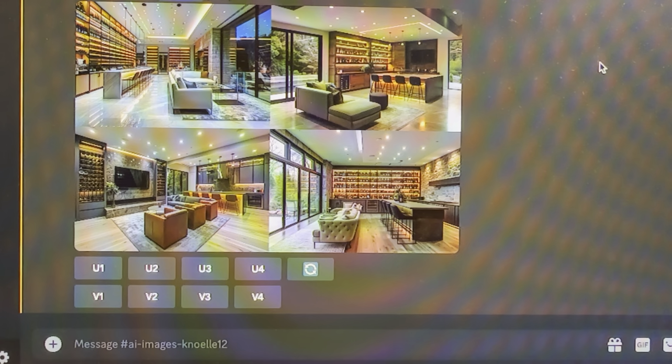But I was working on some basements here to go into a project that I'll tell you more about a little bit later. But I want to just show you real quick my process and maybe create one image, so that you can see what it is that I do on my end to get my images so crisp, so clear, and realistic. And this is for real estate, and these are some pictures that I've developed for content,